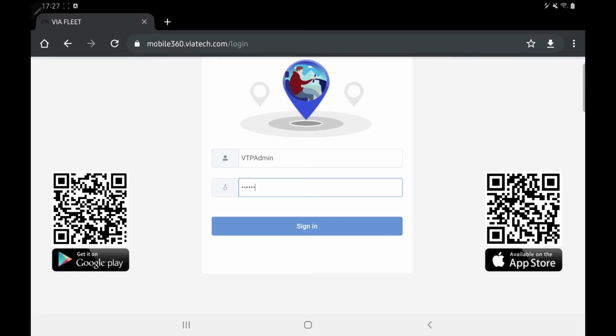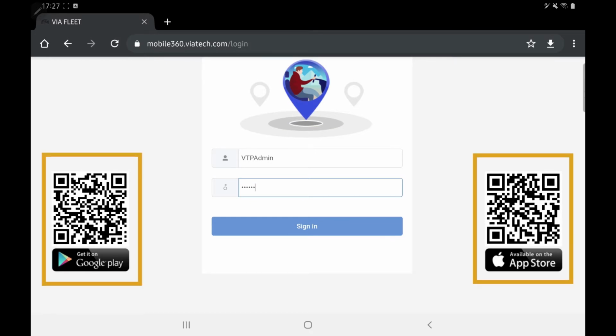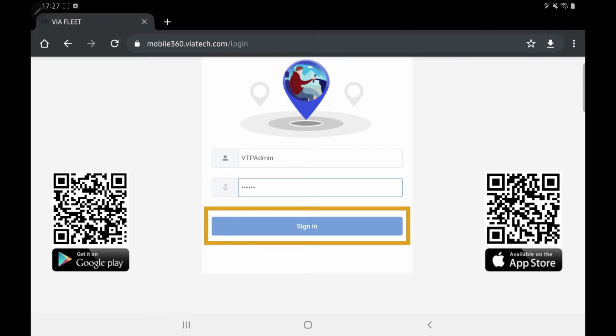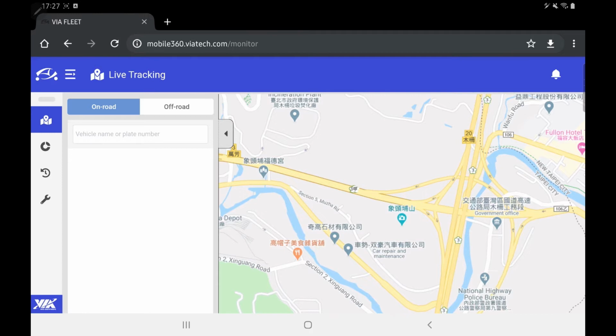You can also download our mobile phone applications for both Android and iOS, and the QR codes are located here on the left and right. Let's sign in. The main menu is located on the left here and includes links to the following four sections: